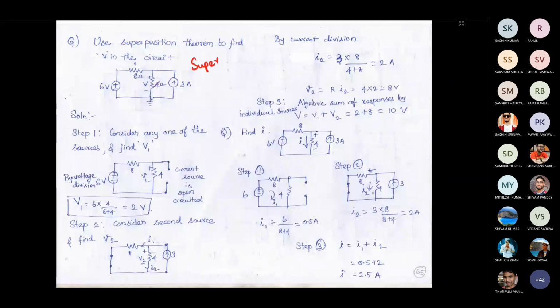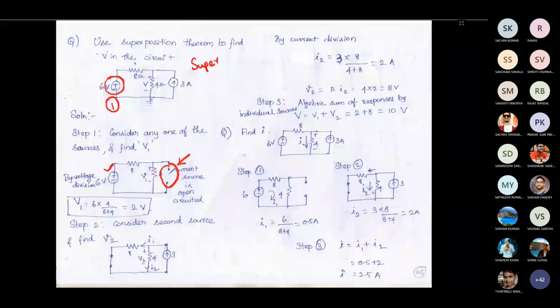As per our previous discussion, the first step is to consider only one source at a time. So you consider this voltage source first, then you suppress the remaining sources which are available in that particular circuit. So for the first step, you consider the voltage source only, then you suppress the current source. How can we suppress the current source? The current source should be replaced by its internal resistance. Internal resistance is infinite, so we open circuit it, or we make the current value zero through that path. So we have made it an open circuit.